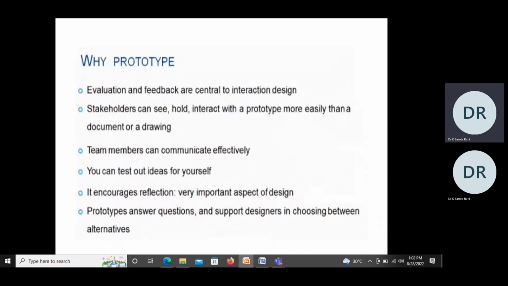Why prototype? We select the prototype because it helps our team members communicate easily and effectively, and we can also expose our ideas to nearby persons or others to improve our design aspects. We can also get questions and answers about what our prototype can do. It also improves the total process, and we can also